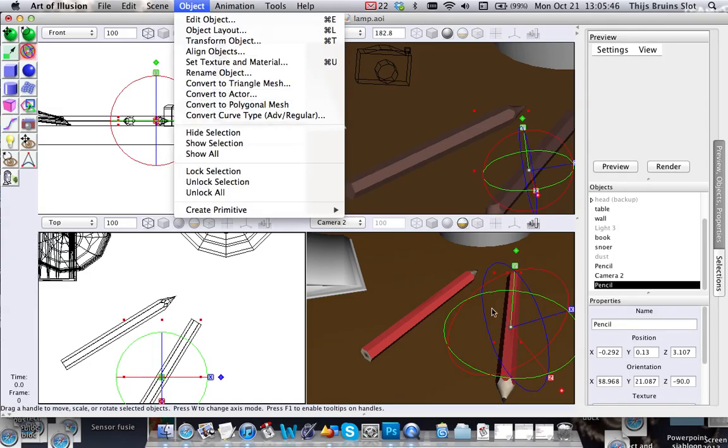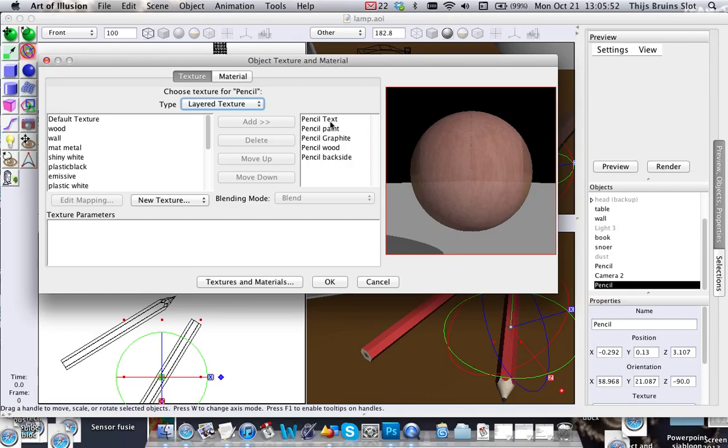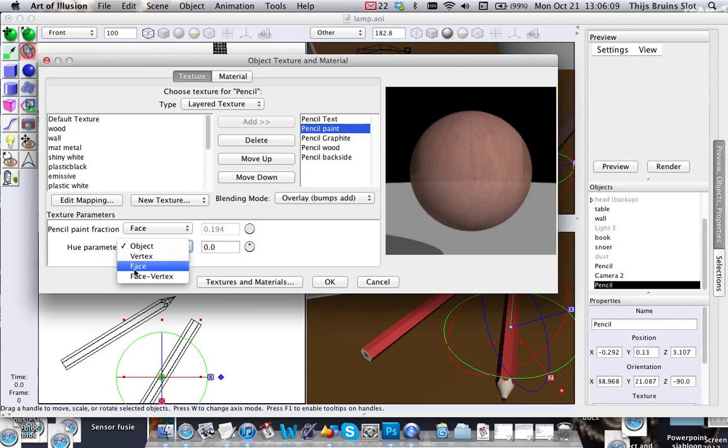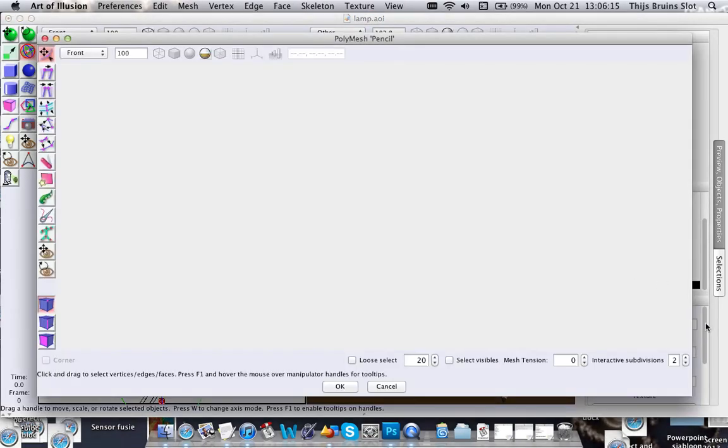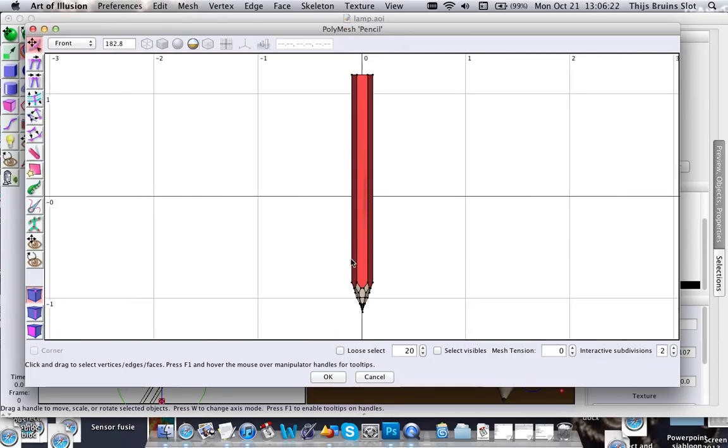Now for the second pencil, I'm going to the texture assignment window, and I'm looking at the pencil paint, and you see that there's a new parameter here. So this is for the whole texture, and this one is for the specific parameter inside of the texture. And let's also set this to face parameter. Okay, let's open the pencil object. And what I want to do now is create a little band of a different color from this pencil. So let's divide this one up here